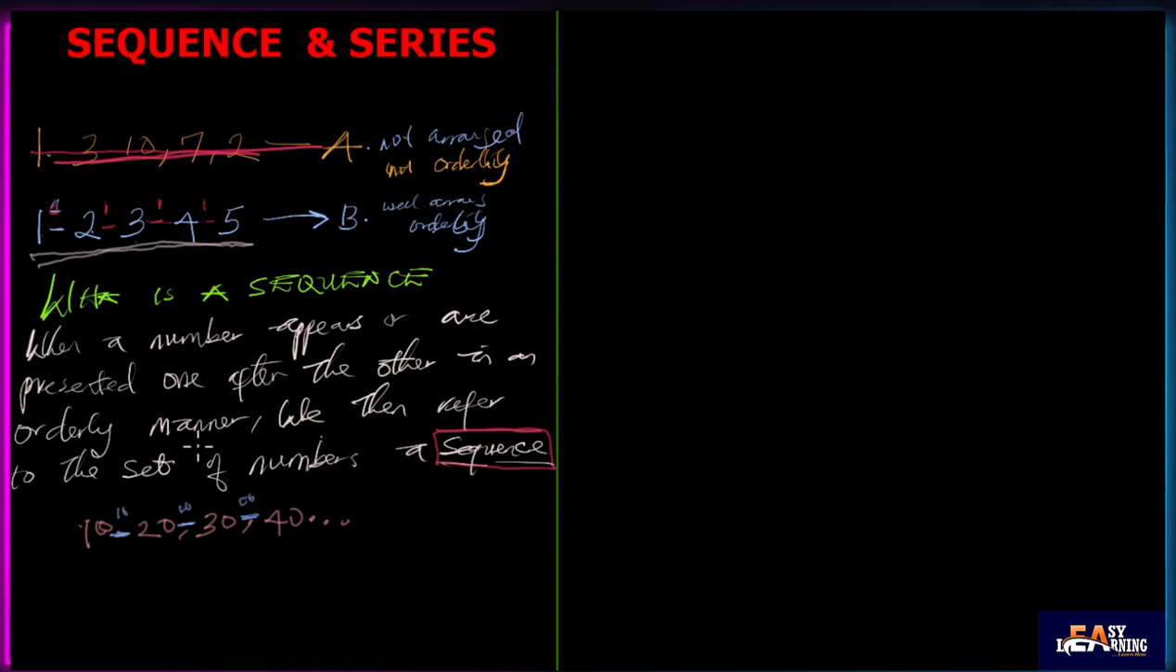So when you observe numbers arranged like this, that is a sequence. A sequence must appear orderly and have a common difference. That's what we call common difference. Let's write it down. It must have a common